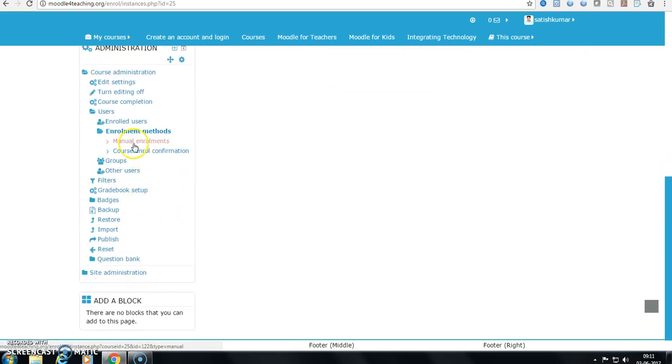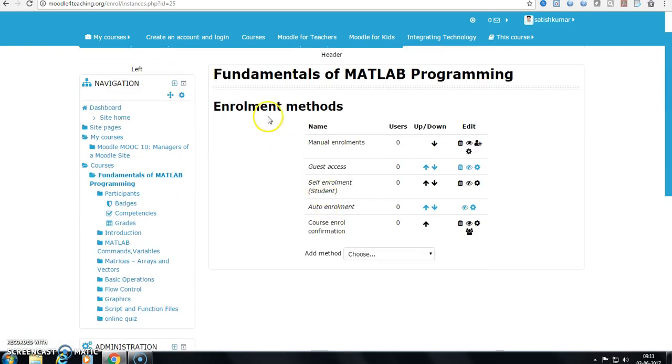There are mainly two methods: manual enrollments and course enroll confirmation. Here is the detailed list: manual enrollment, guest access, self enrollment, auto enrollment, course enroll confirmation.